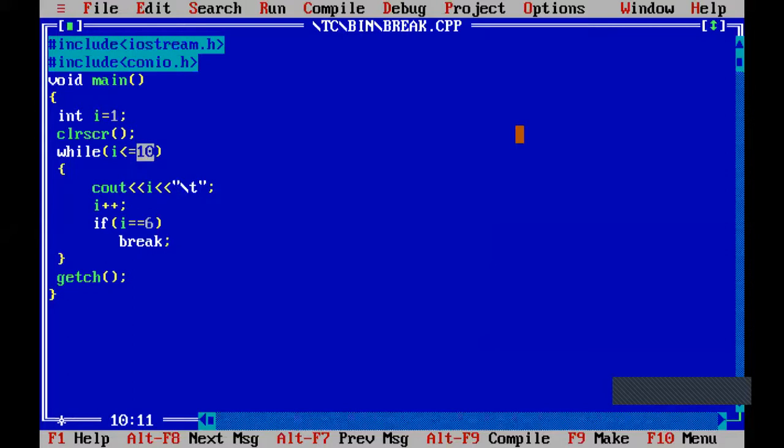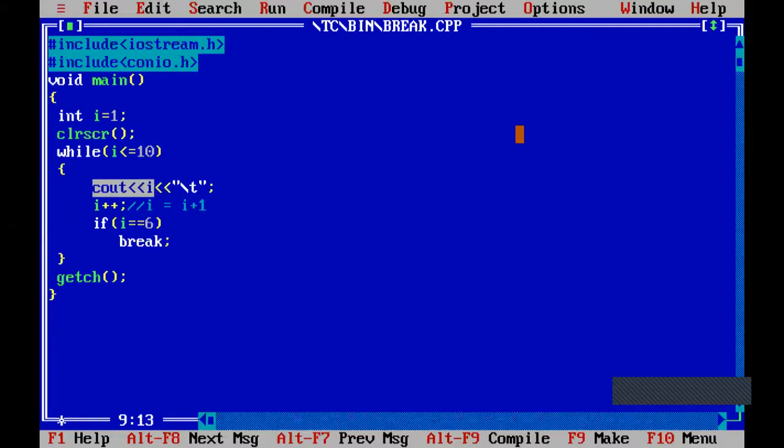And how much is it increasing each time? That is i++. So i++ means it will increase by 1. i++ is nothing but i = i + 1. So each time it will increase by 1. It has to reach the value 10, and when it reaches 11, the condition will become false. So actually 10 times it should execute, and I have put the cout statement here, so each time it should print the value of i.